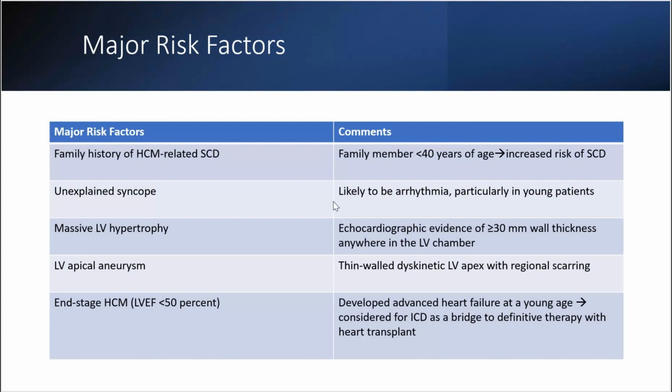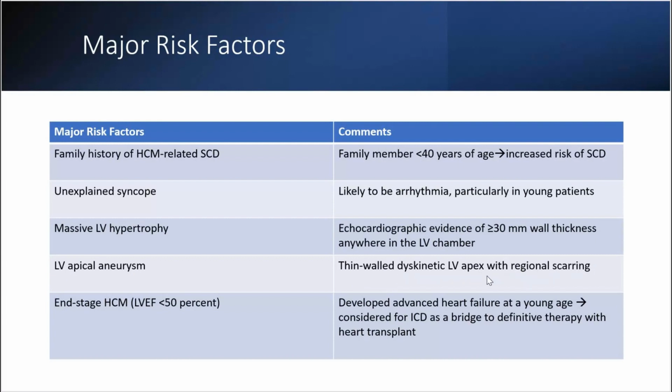Unexplained syncope. The syncope is likely to be an arrhythmia, particularly in young patients. Massive LV hypertrophy. If there is echocardiographic evidence of greater than or equal to 30 millimeter wall thickness anywhere in the LV chamber. If there is an LV apical aneurysm present, these LV apical aneurysms have thin wall dyskinetic LV apex